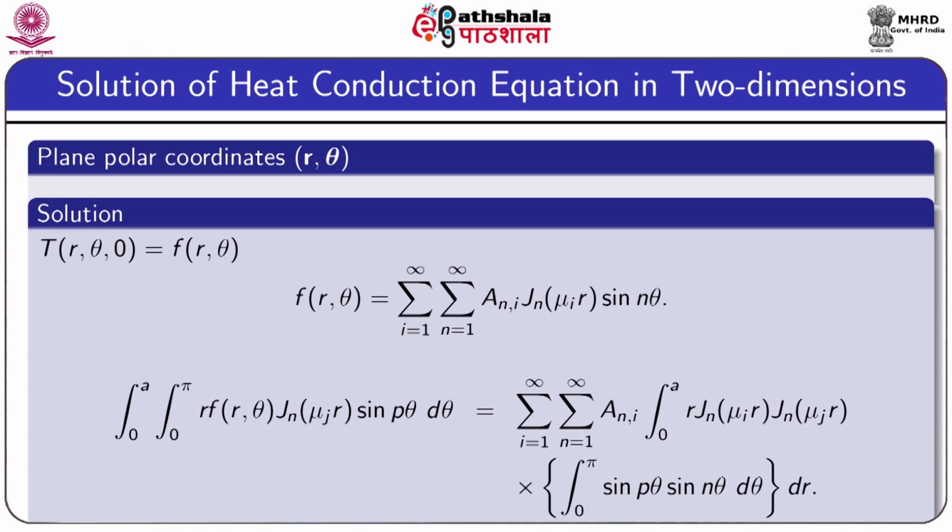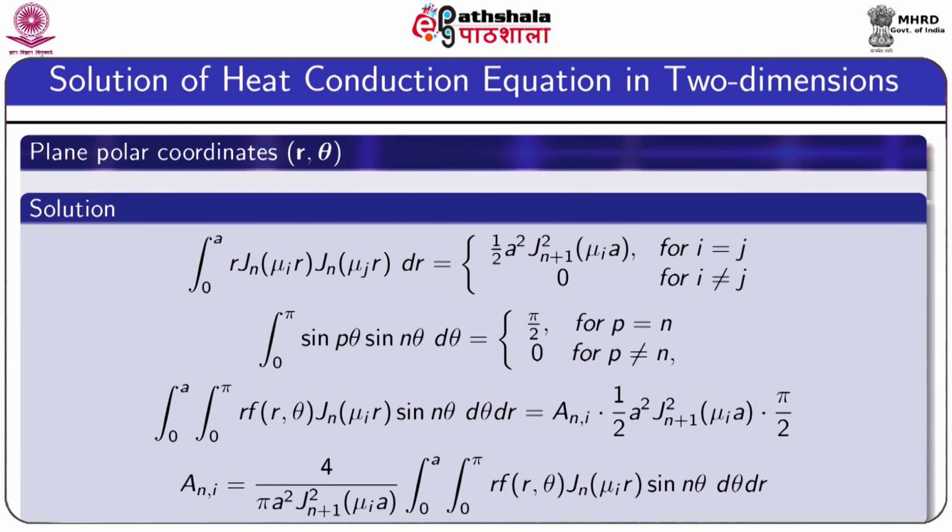Now to obtain A_nI, we need to multiply both sides by r J_n(mu_I r) sin(n theta), and then we need to integrate over 0 to a. This is the range for r, and 0 to pi is the range for theta. If you do this using the orthogonality property of Bessel's function and the orthogonality property of the sine function, we can obtain the value of A like this: